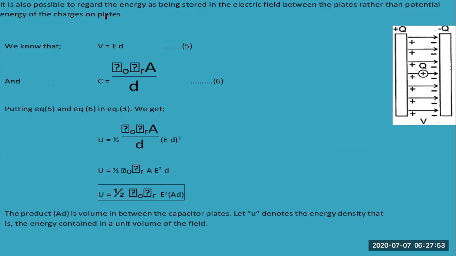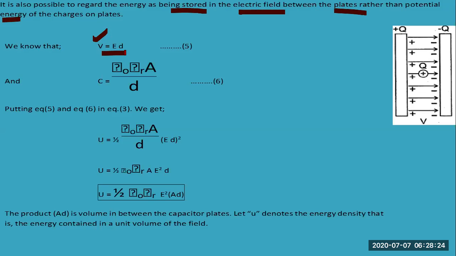it is also possible to regard the energy as being stored in the electric field between the plates rather than as potential energy. So instead of potential energy, we are considering it as electrical energy stored in the electric field between the two plates. It is basically calculated by using this formula, V is equal to ED, and we have already calculated this